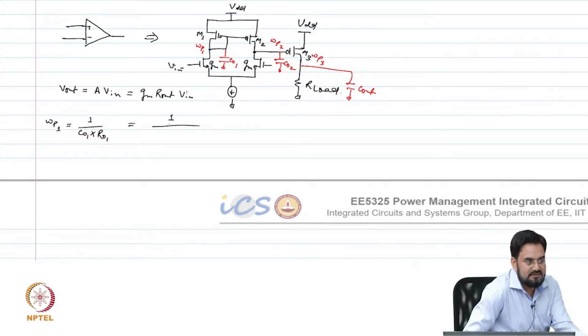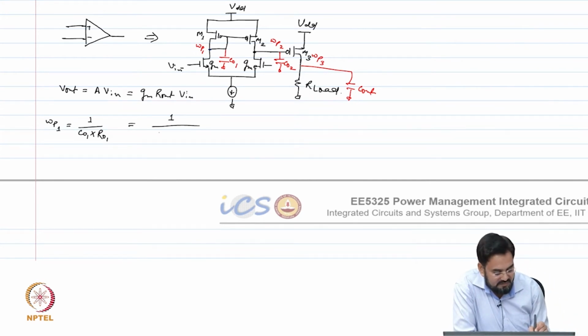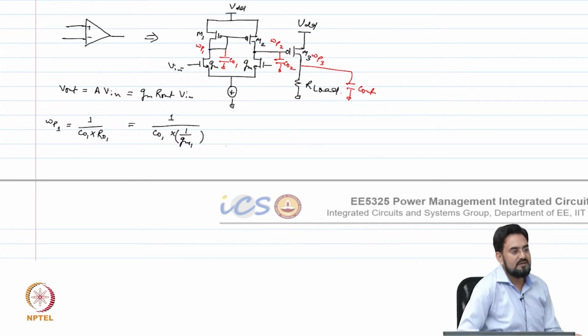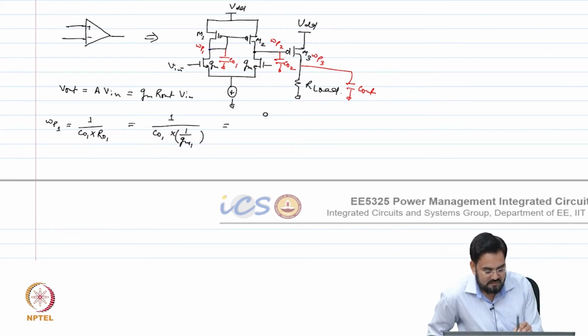Okay. So, it will be defined by CO1 into 1 over GM1, correct, which means 1 over